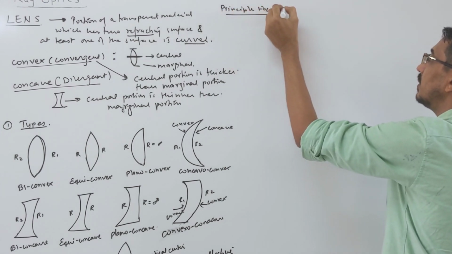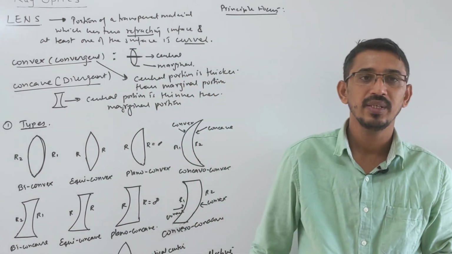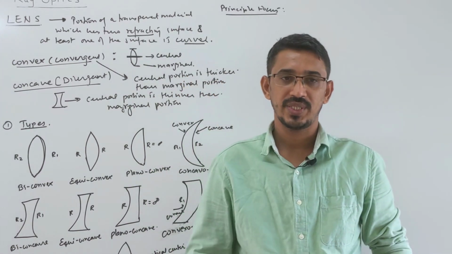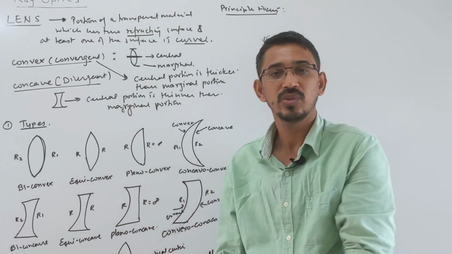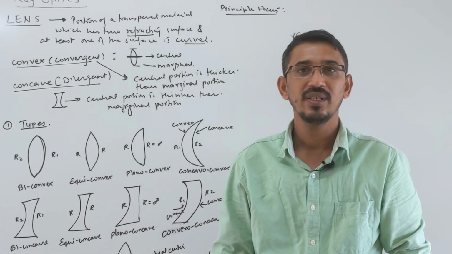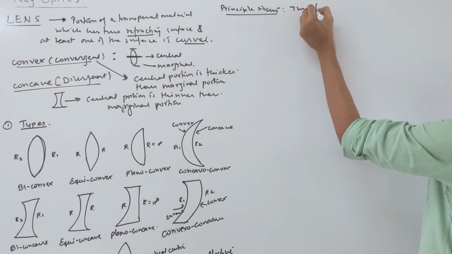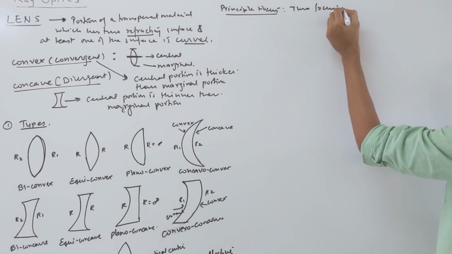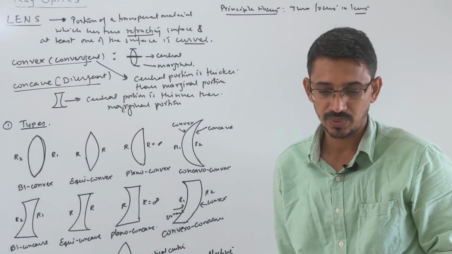What is important here? We have learned focus and focal length in mirrors also, right? In a mirror we have only one focus, on one side, but here curvatures are on both sides, so there will always be two foci, as there are two radii of curvature. In lenses, if both sides are curved, there will be two foci.